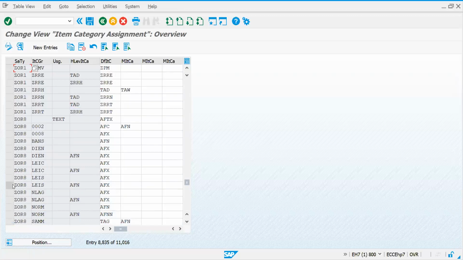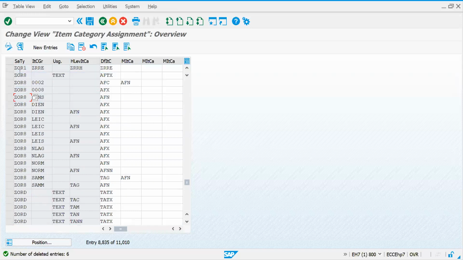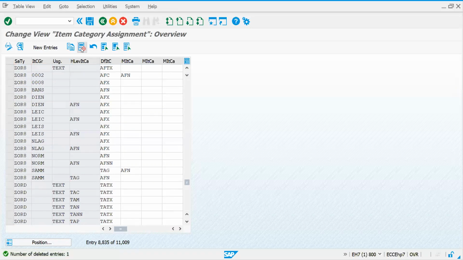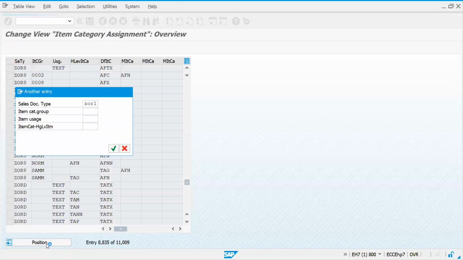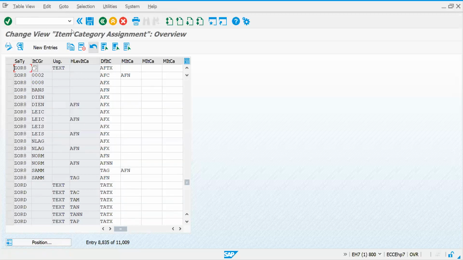Maybe more entries are there. Oh, I think it's less. I think everything is done for ZOR1. See, I just wanted to show the difference, how it works, so what kind of error you will get.